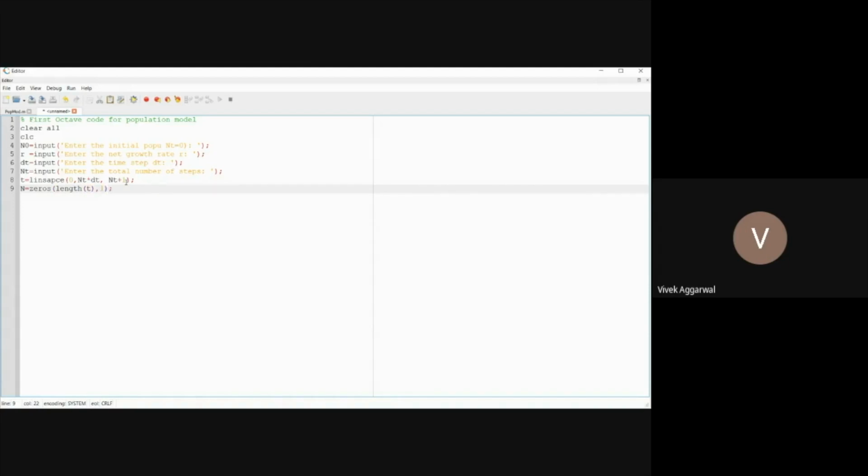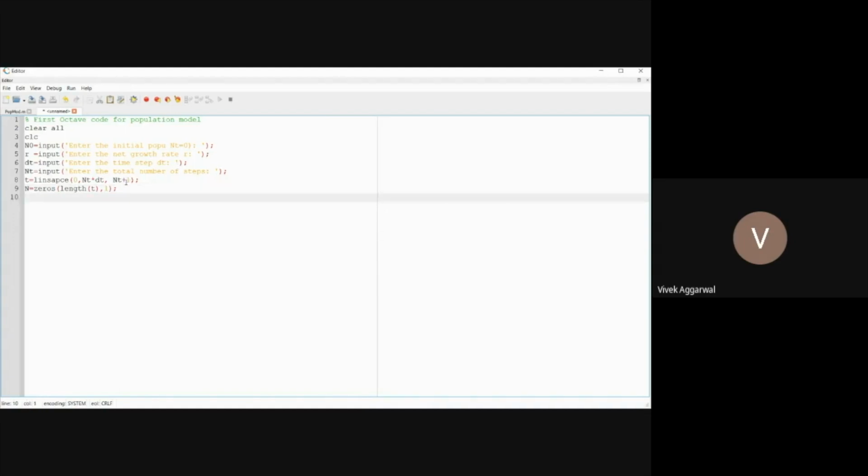So I will create a column vector. Now I know that N is the population. So you can write here a comment, capital N, the population. So N1 should definitely be N0. So that is already given to us.